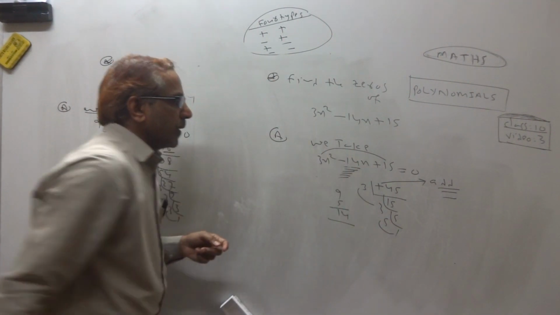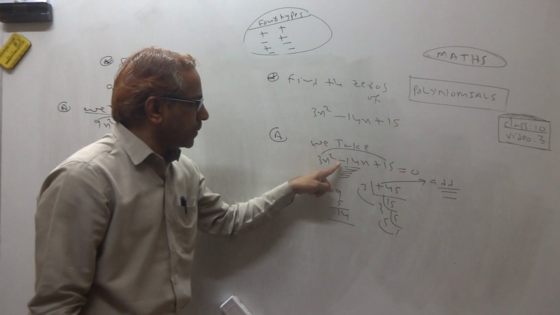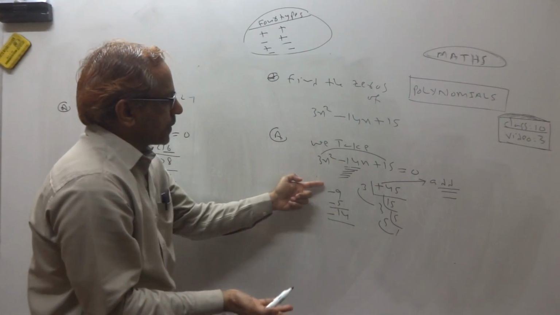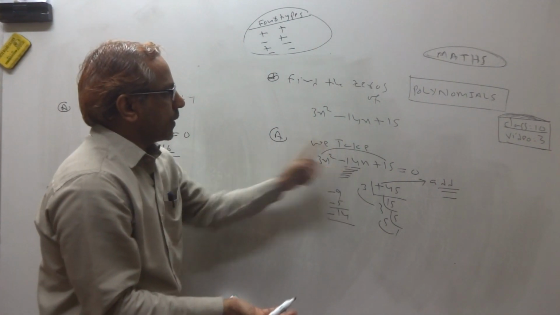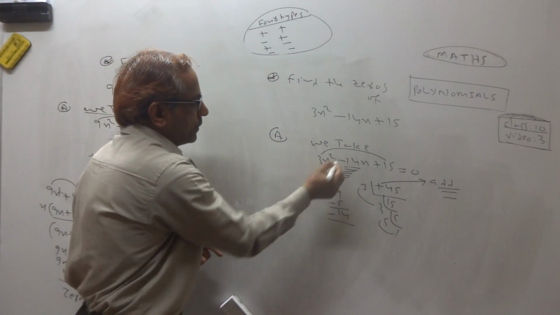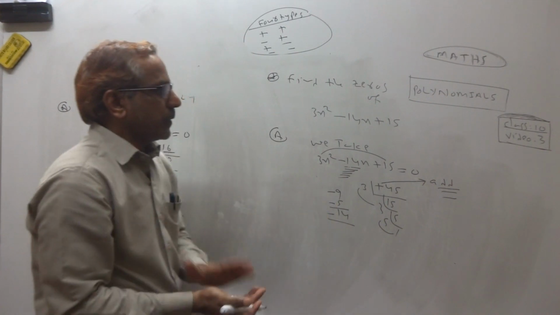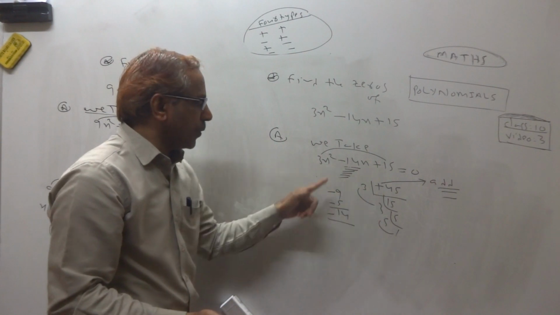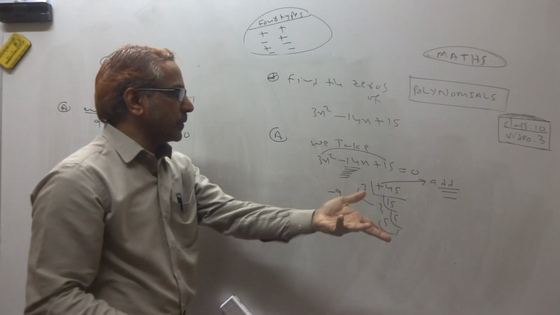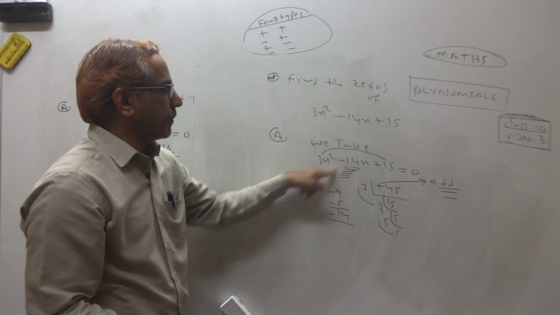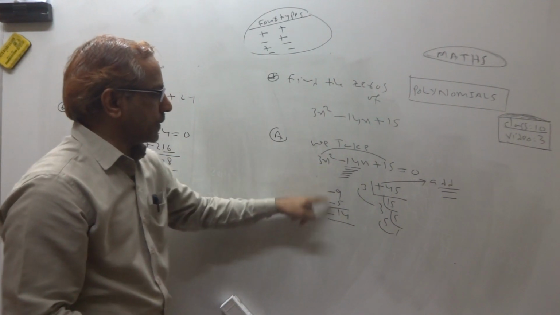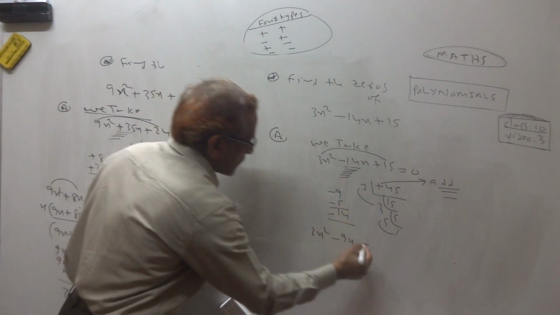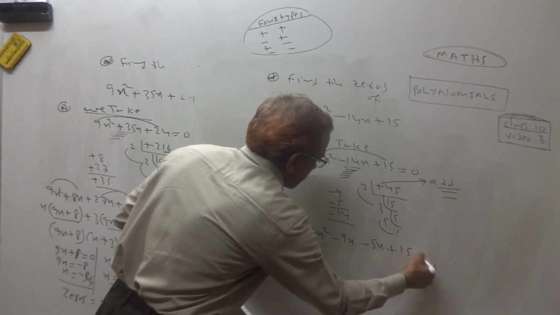But see, center is minus 14. So you take both minus, because minus 9 minus 5 is minus 14. If center is plus, we take both plus. So whenever plus is there, we take both plus or both minus depending on the center number. Center is minus, so both minus. Okay. See, minus 9x minus 5x plus 15.